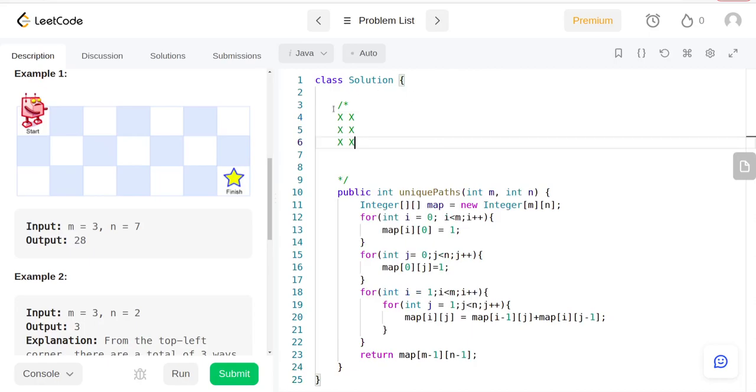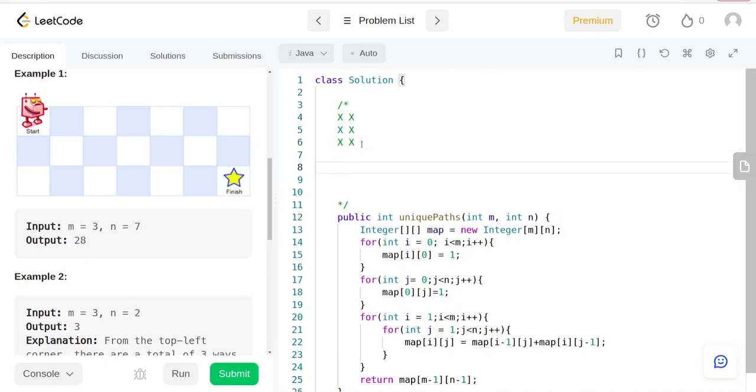Okay, so one way is you go here and then all the way down. That would be 1. Then here, that's going to be the second, all the way down up to this point and then go to the right. That's going to be the third. So we have 3 different ways to get from start to finish. The algorithm